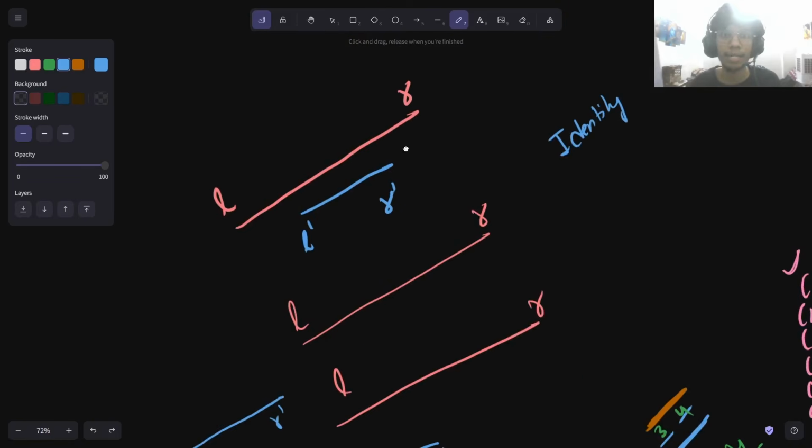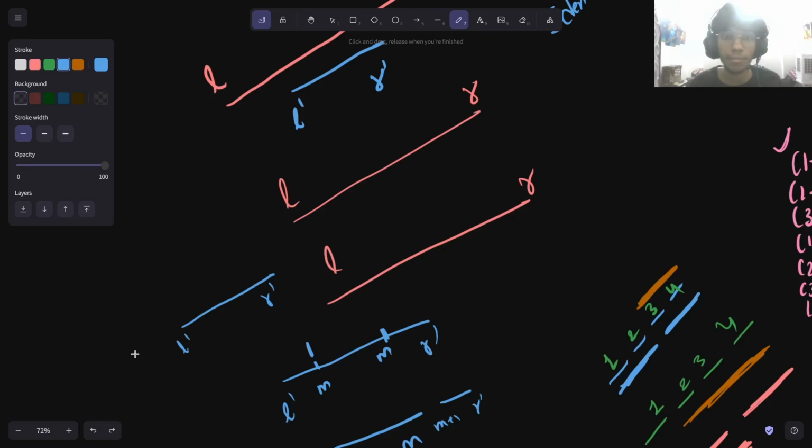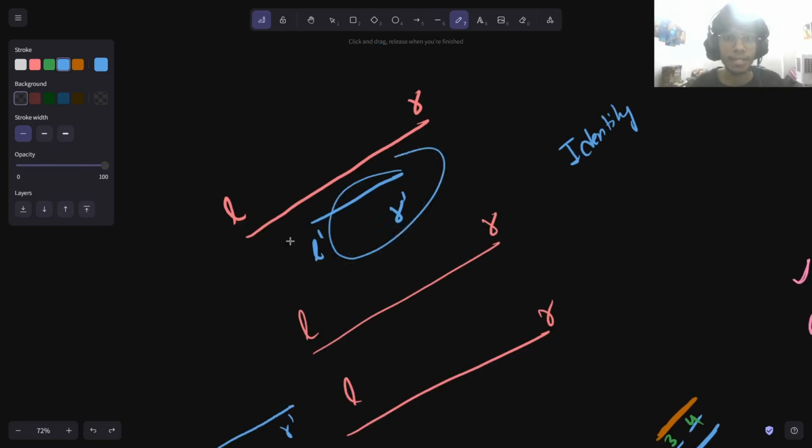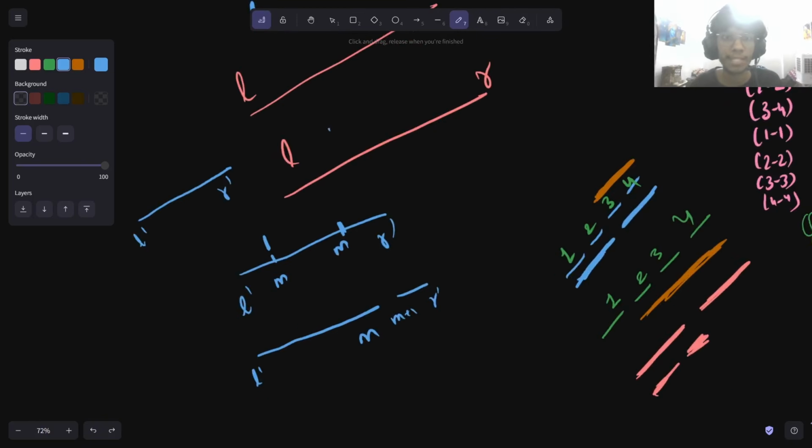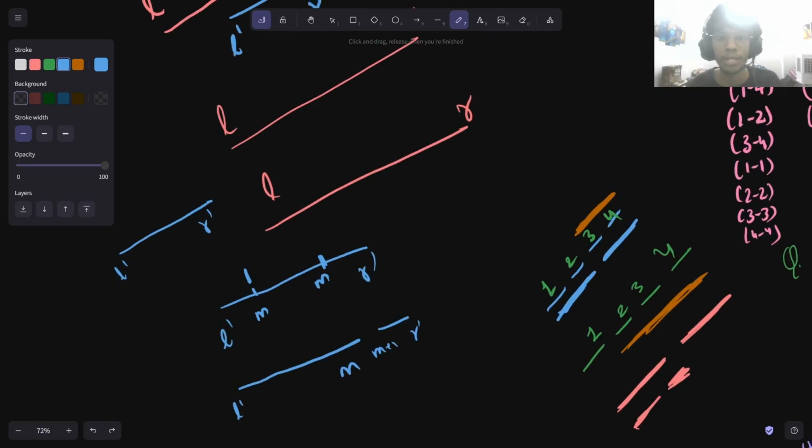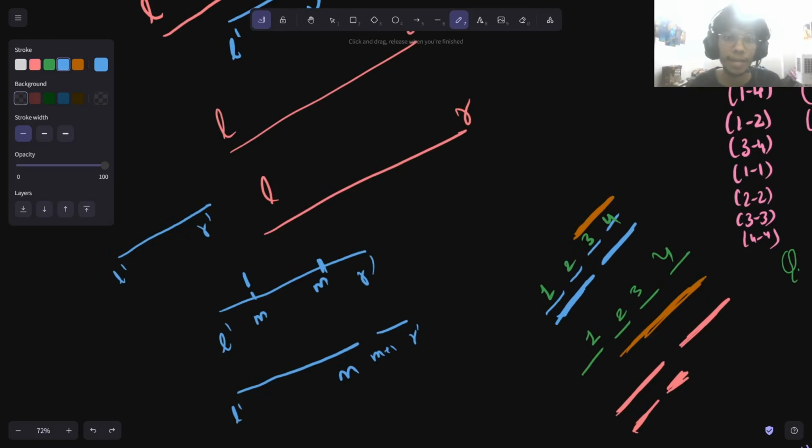If it lies completely inside, then this doesn't make any call. If this lies completely outside, then also it doesn't make any further calls. It returns 0, or it returns whatever information is stored, and this is the only case that we need to care about. So we have seen all the 3 case scenarios where the mid lies: to the left, to the middle, and to the right. In all of the 3 cases, in the worst case it makes 2 calls, and the 2 calls that it makes will never again make